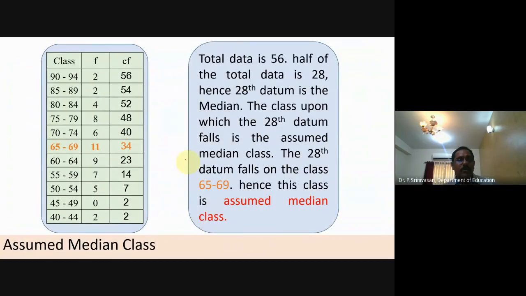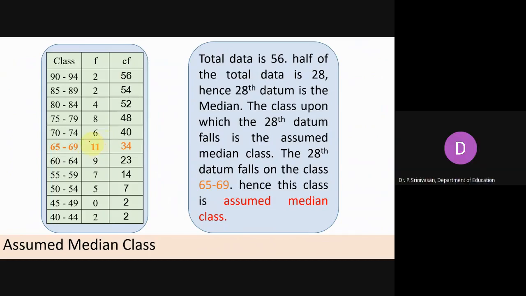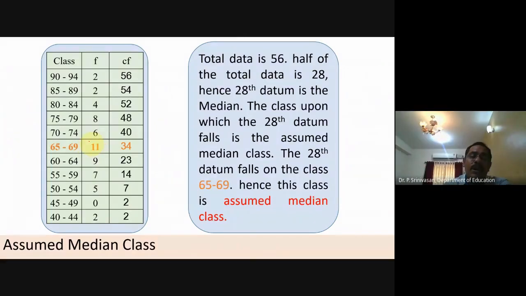Again, let us remember, just don't go to the right part. I will explain and then you can read the right part. As in assumed mean, in the beginning also I raised the same question. The class which has got the highest frequency is the class we call the assumed mean class. The midpoint of that class is called the assumed mean. So that's what we have told. Here also the same thing, but here it's a little bit different.